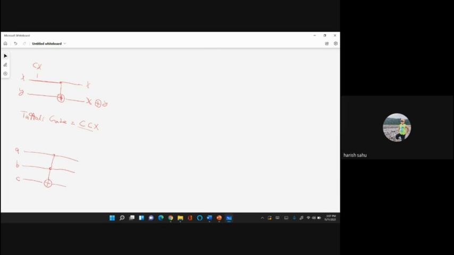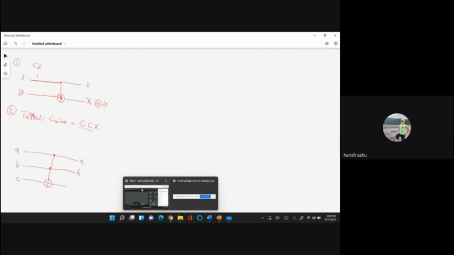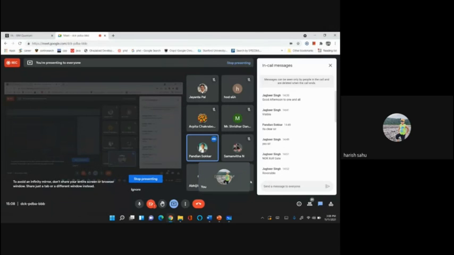So these first 2 qubits are what? Our control qubits. Control qubits will not change. They will remain the same. They will change the target qubit C. How will they change it? If I want to write an expression for it, can anyone tell? Pendian, or anyone else, if Pendian is not able to answer?